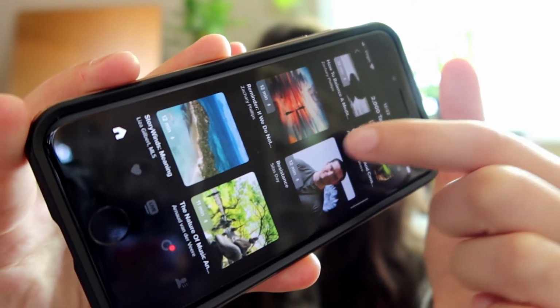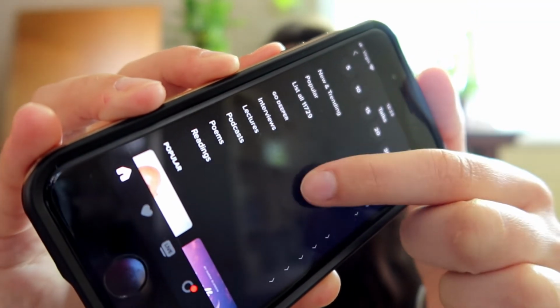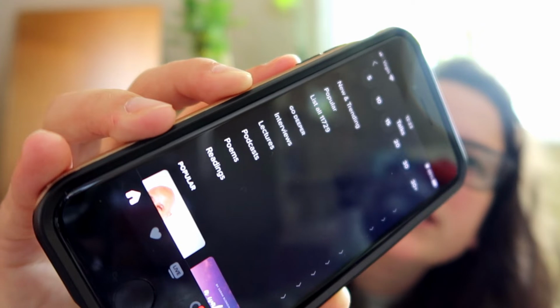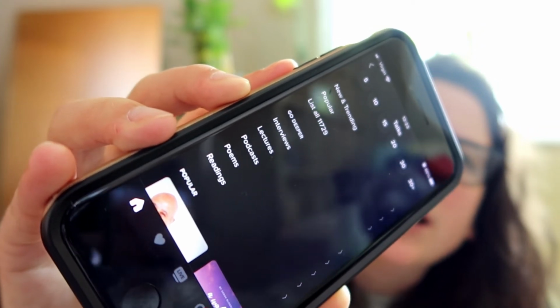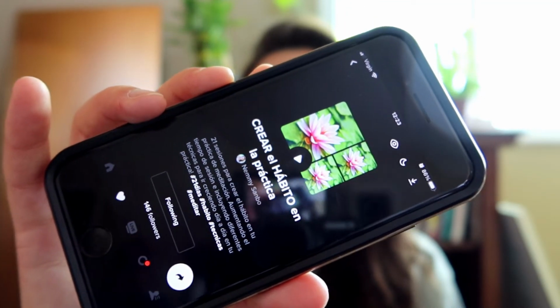And you can also select different things like podcasts, interviews, stories, etc. I have been just choosing random talks in any of the languages, and also I'm doing guided meditations, creating a habit of practice. Those are just 10-ish minute guided meditations in Spanish, so that's been really nice.